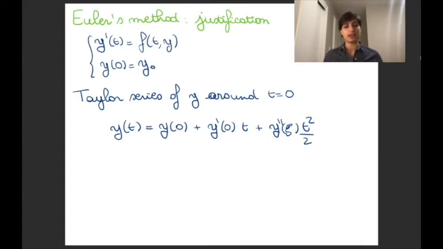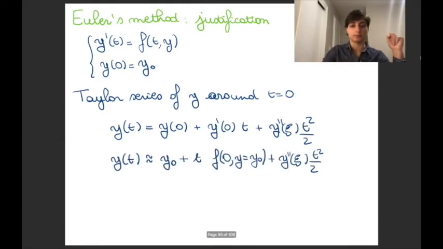So let's take a Taylor series of y around 0. Then we have that y(t) is equal to y(0) plus the first derivative of y times t plus the second derivative of y times t squared over 2, where the second derivative is computed at xi, where xi is somewhere between 0 and t. That means that